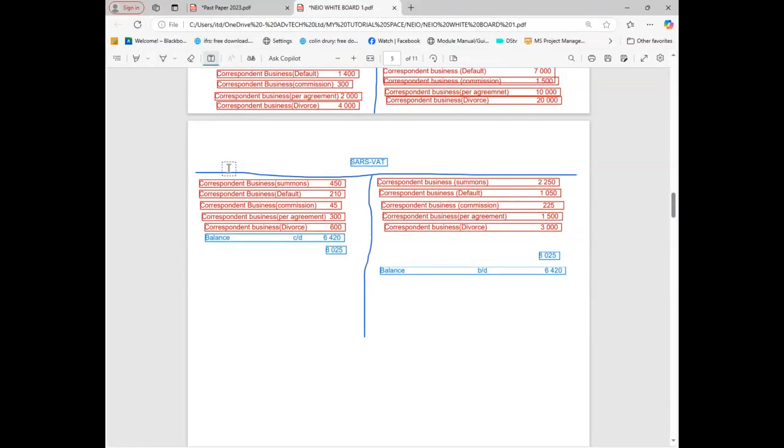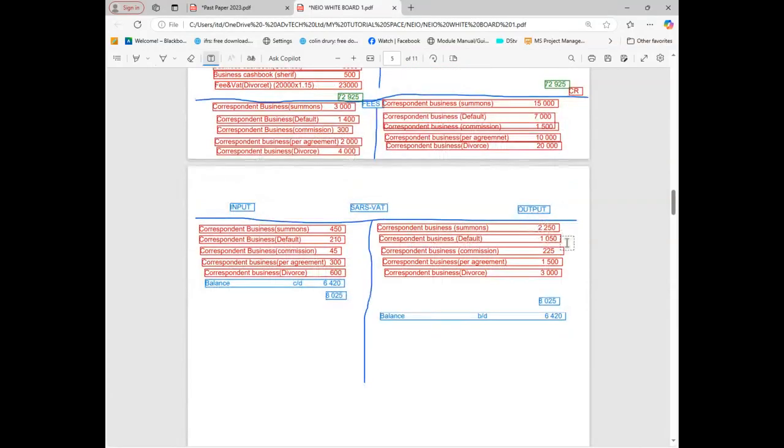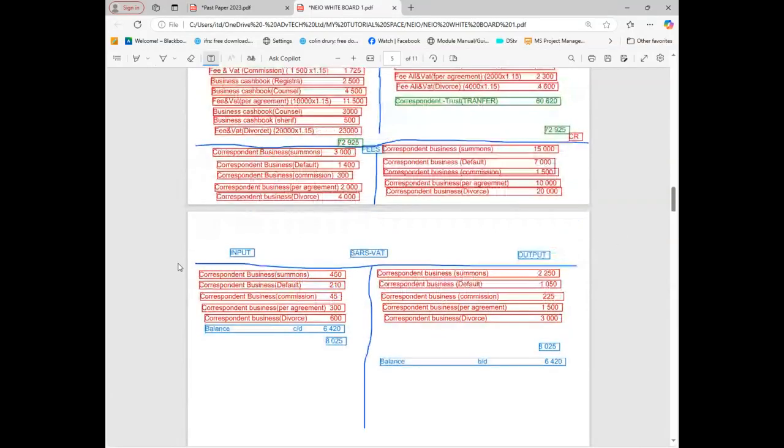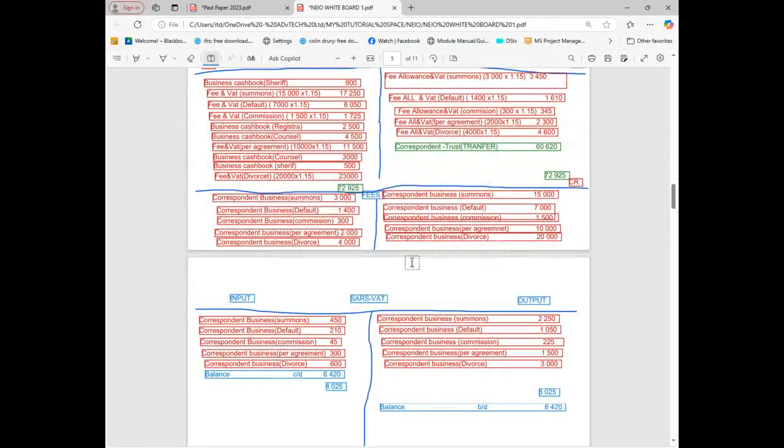Remember, usually this side for SARS, we call it input side, and this is the output side. But you don't have to write it, I'm just saying. This one, fees, usually you can say balance brought down, balance carried down, but I prefer that you take it through the profit and loss. The difference goes to the profit and loss, because it's an income, so incomes will go to the profit and loss.